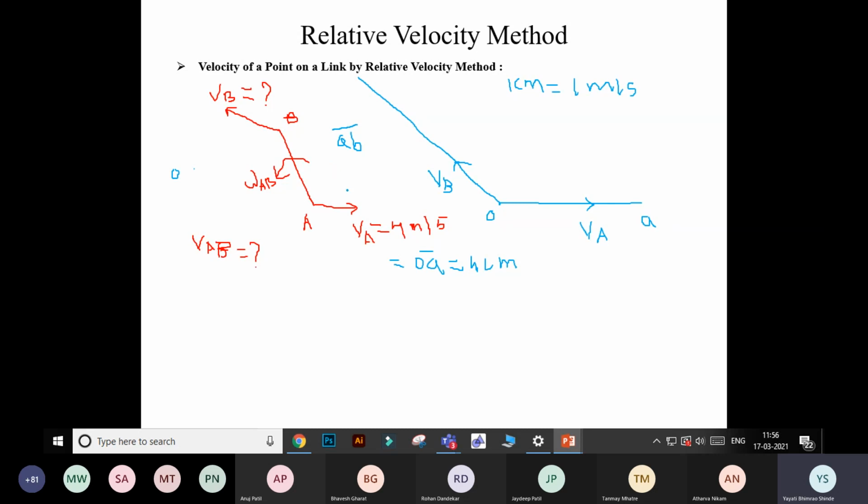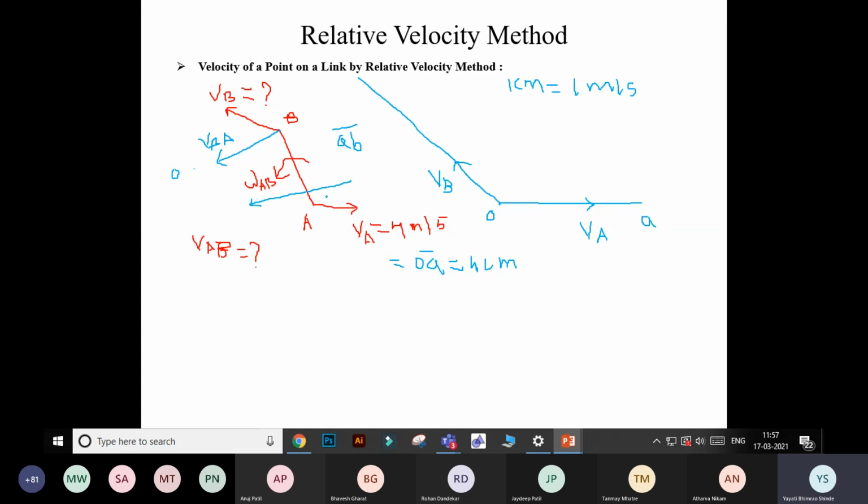If you draw this velocity of B with respect to A in the configuration diagram, it is perpendicular to this AB and in the direction of rotation, in the direction of omega AB. Now this is nothing but your velocity of B with respect to A. Means you have to draw the next vector AB. Through this A, you have to draw a line perpendicular to AB. Suppose I will draw a line perpendicular to AB here, this one.